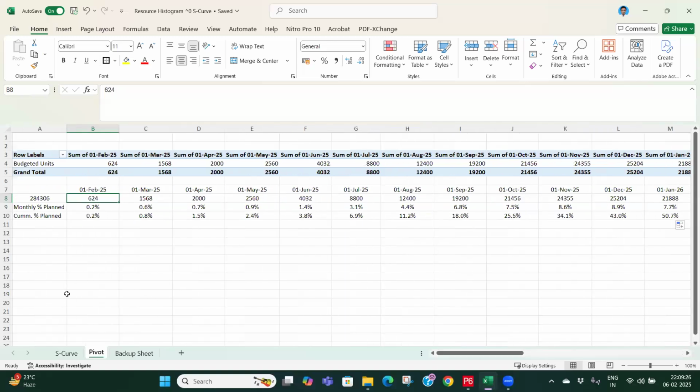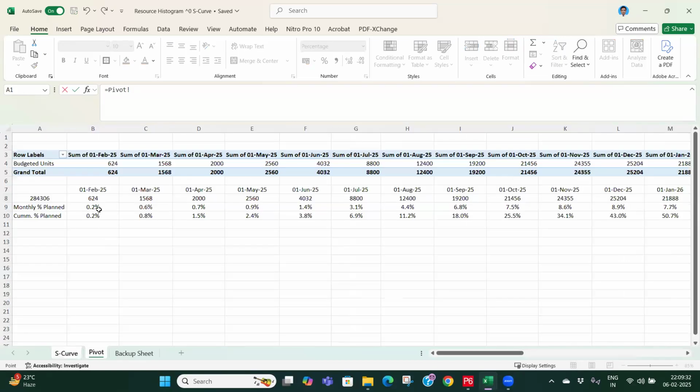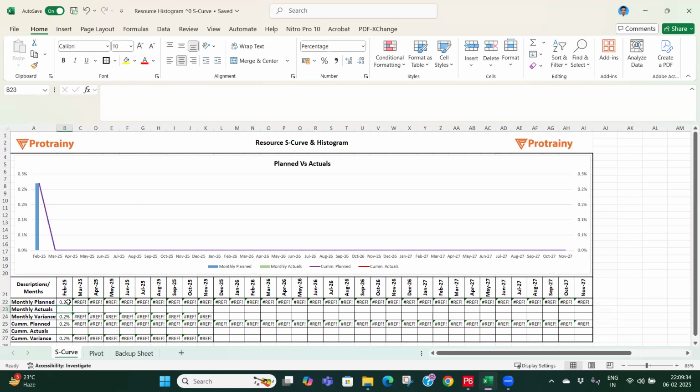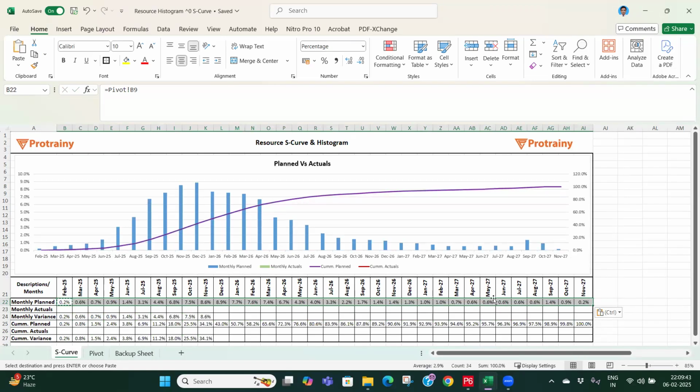Then so now you have this monthly and cumulative. So just you go here and you link it with this particular sheet, and let's say you paste formula here. So now you have the monthly histograms in terms of percentage, and cumulative is also getting calculated based on the same funda, and you can see the curve. Okay, and